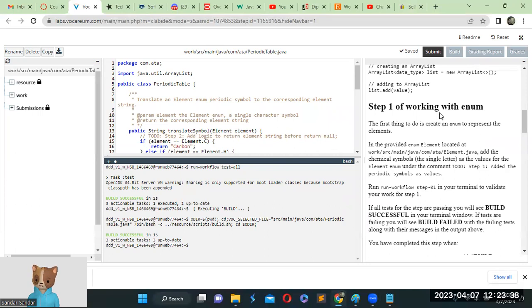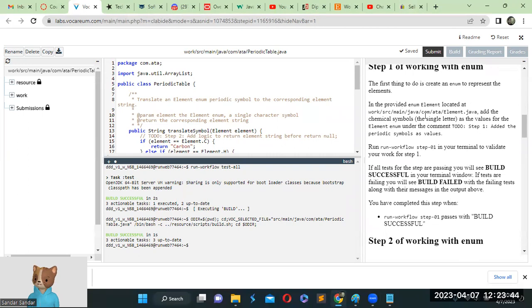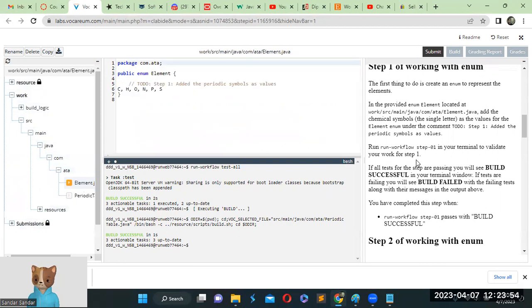So for step one, working with enum, the first thing to do is create an enum to represent the element. So in the source main Java, Element. Okay. Add the chemical symbol, the single letter, as the value for the element enum under the comment to do step one, add the periodic symbol as value. So we just add C carbon, H hydrogen, O oxygen, N nitrogen, P phosphorus, and S sulfur, and run